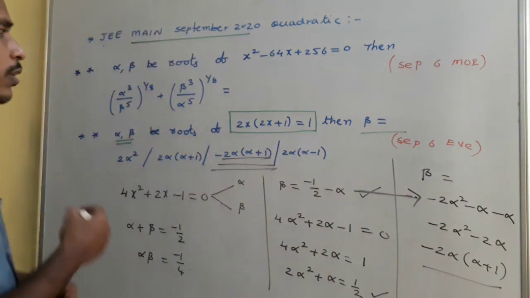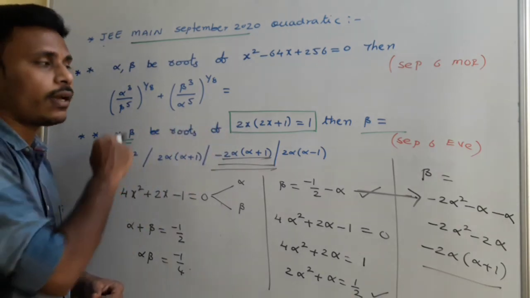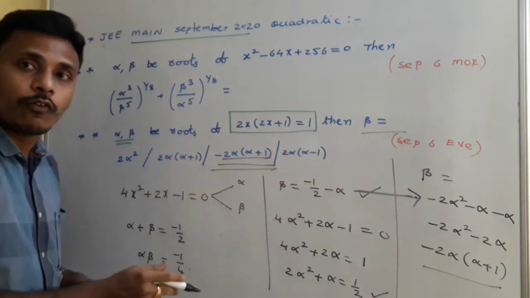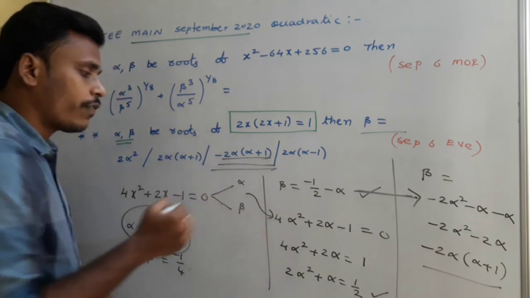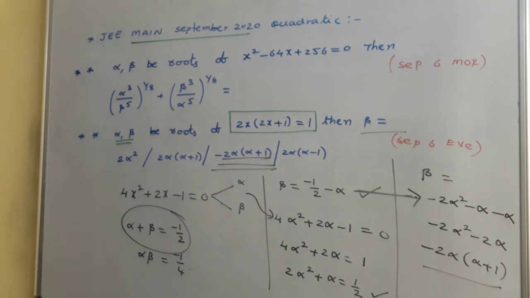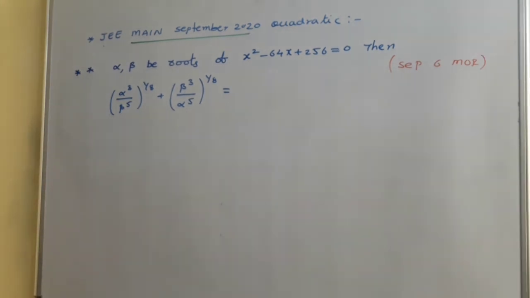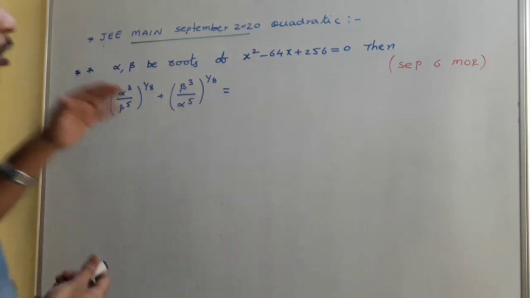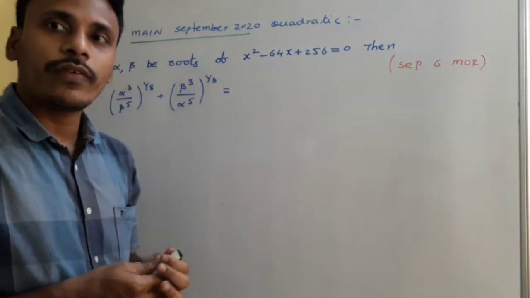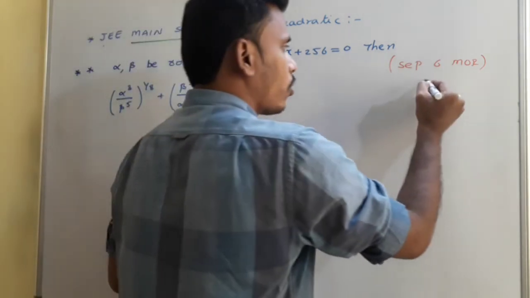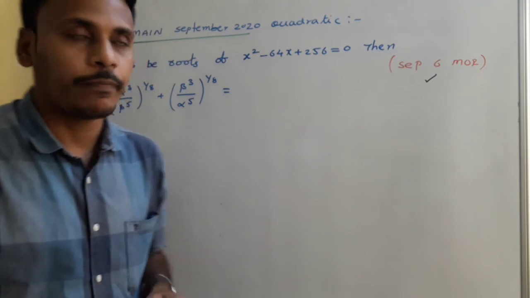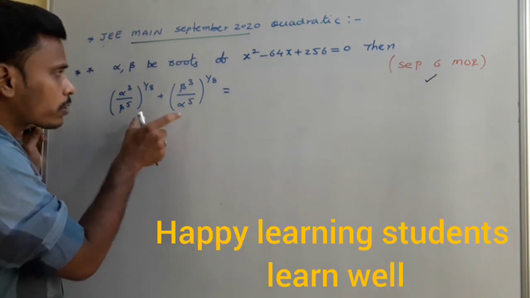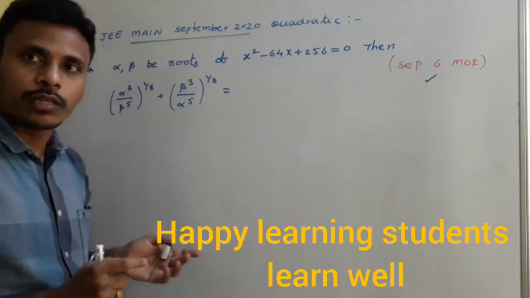See, very logical question. This equation has two roots, alpha and beta. We need to express beta in terms of alpha, and for that I used the idea of sum of the roots as well as the basic definition of the root. Have a look. And we have one more question. Okay, just have a look. See, another question from September 6th morning. Actually, when you observe all the questions of mains, the questions are a bit simple actually, but it needs presence of mind. Okay, see, this problem looks somewhat difficult, but when you go for the calculation, very easy.